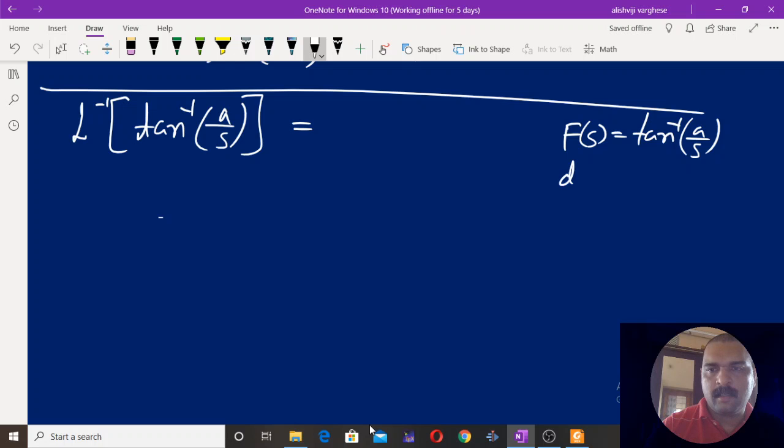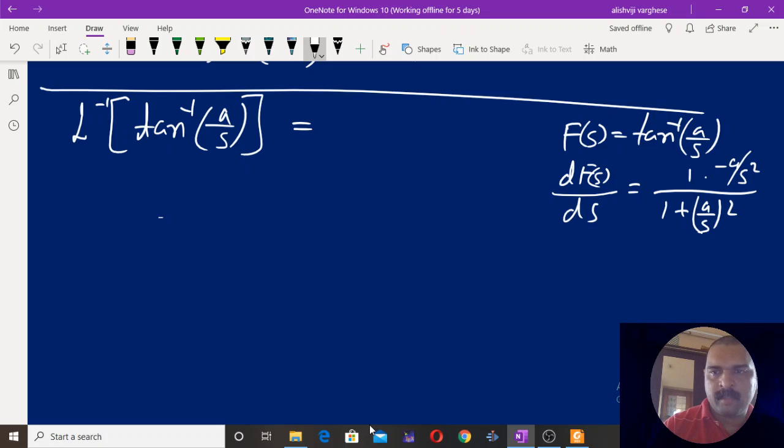Then dF of s by ds is 1 by (1 plus (a by s) the whole square) into the derivative of a by s, which is minus a by s square, so that is minus a by s square into